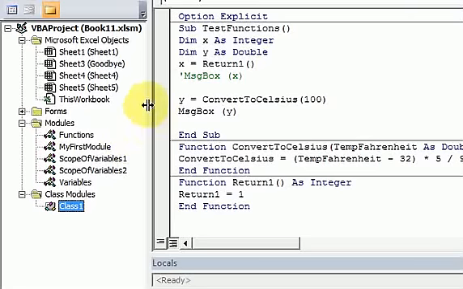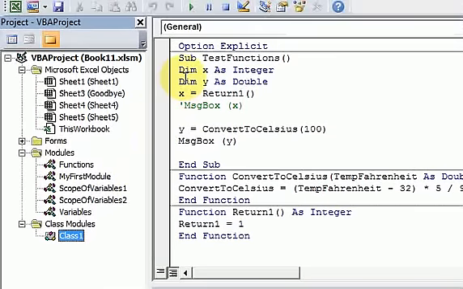Okay guys, in this video I'm going to go over classes and objects, and it's probably the most important video in the whole class because when you write VBA code all you're doing is working with objects, and you need to know what an object is in order to understand what you're doing when you're writing VBA code. So an object is just an instance of a class, and what that means is that the class comes